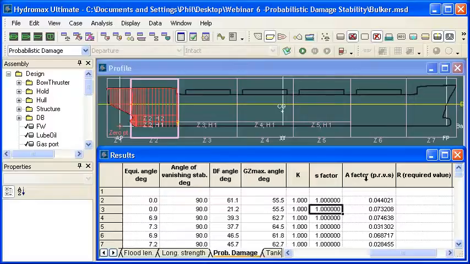Those all combined together, the probabilities times S, give us the contribution to the attained index for that particular damage